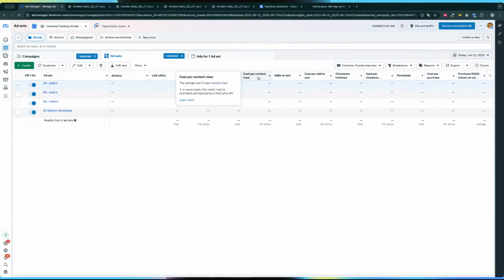Let's say for example you have 100 link clicks, you have 10 add to carts, you have 1 checkout initiated, and you have 0 purchases. Follow me. Where in this funnel would your ad